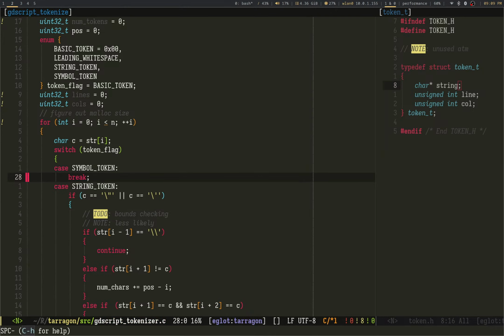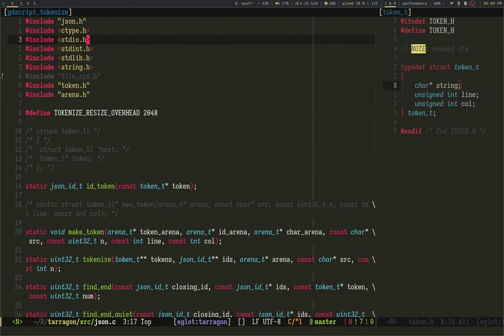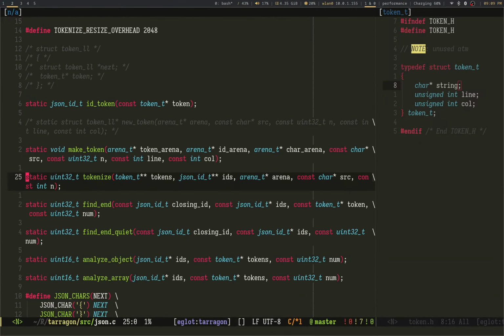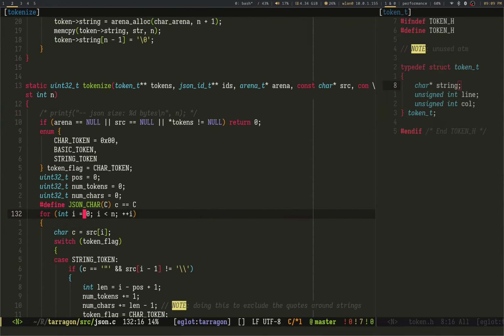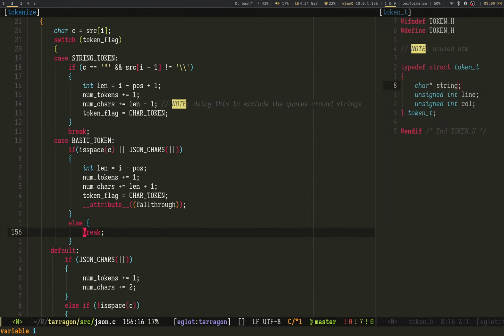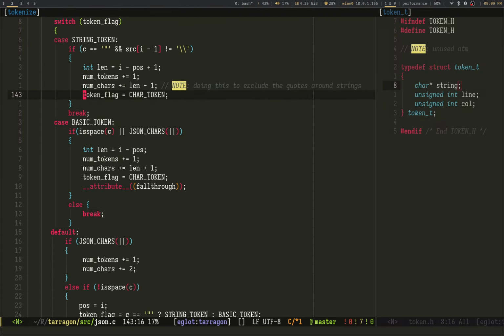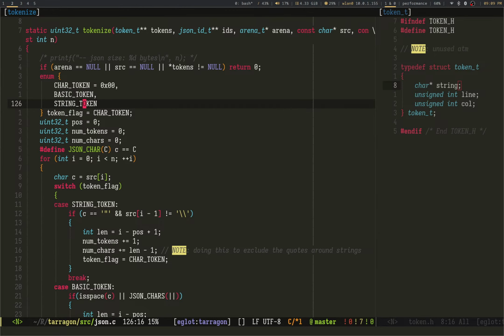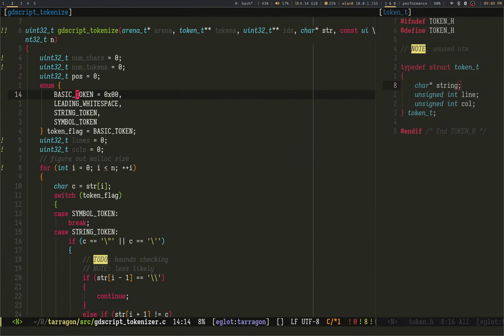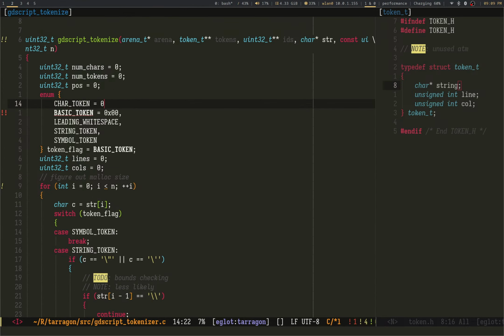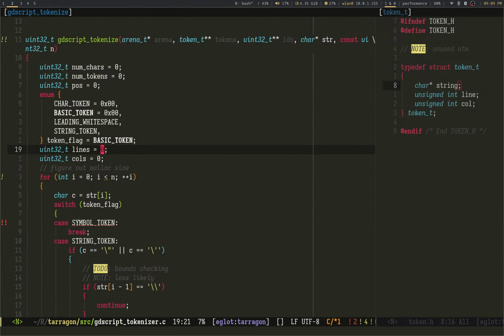Actually, how do I do this in my JSON? How do I do this? String token, basic token, car token. Ah, okay. Well, basic token, that's also going to be kind of like a symbol token, your symbols.